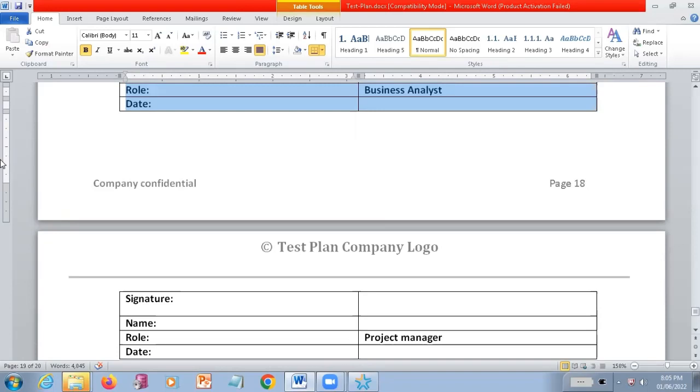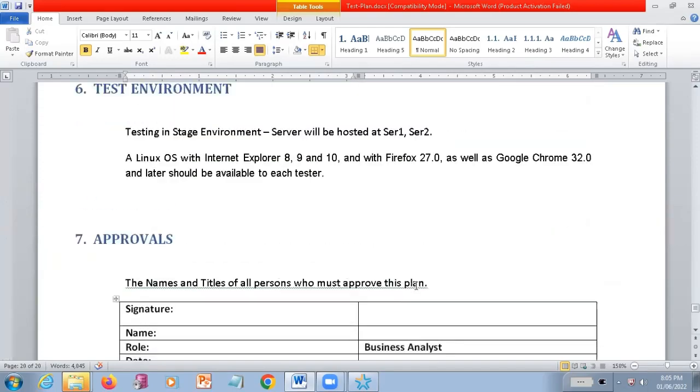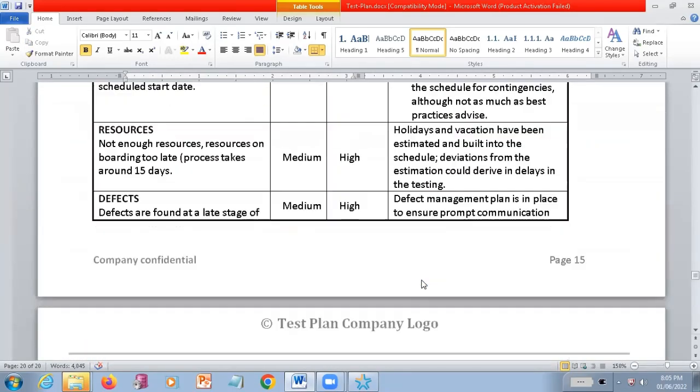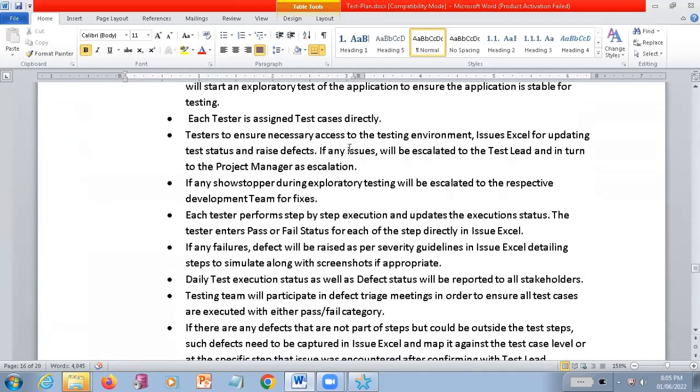If you are going to enter any company, first go and ask them, can you please provide me the test plan? Because by reading this test plan itself, you will be able to understand some 90% of the process they are following inside the company, inside that particular project. That is the way our manual testing process has been done and completed from my end. We have seen the complete process by going through this test plan.